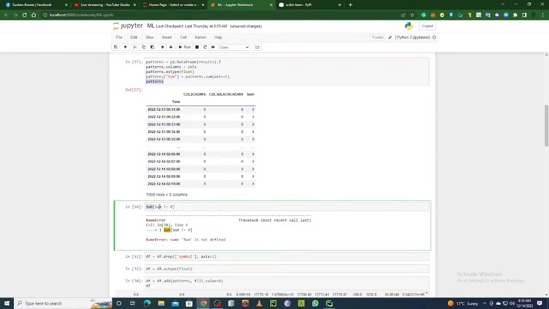So let's stick to the pattern. Oh, it is not going to be